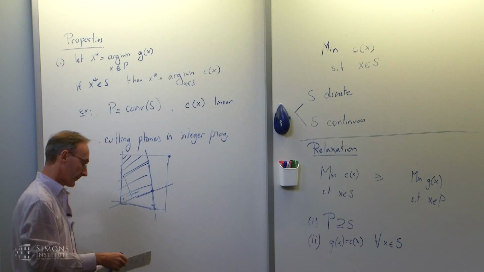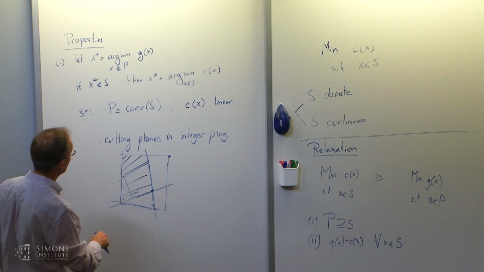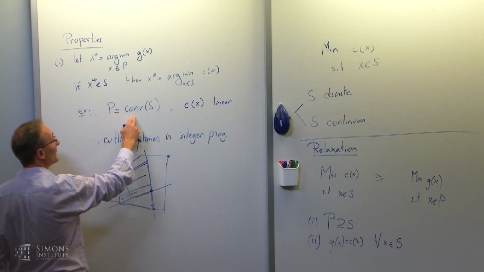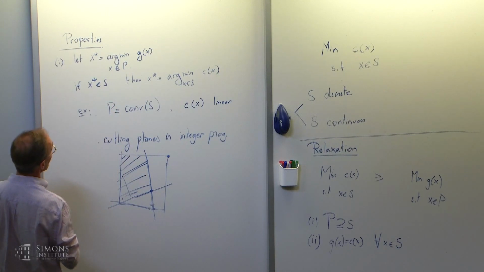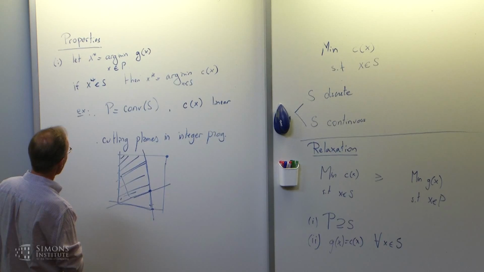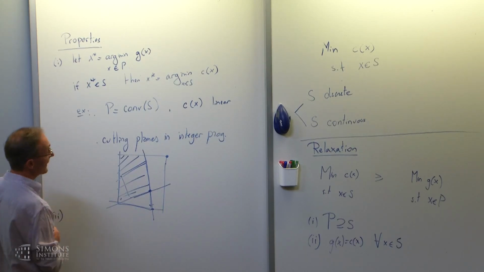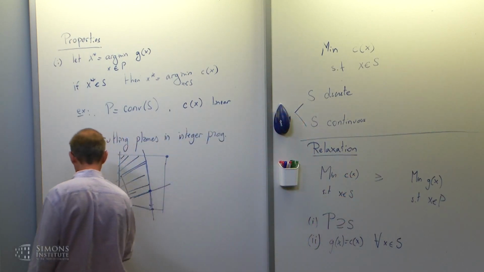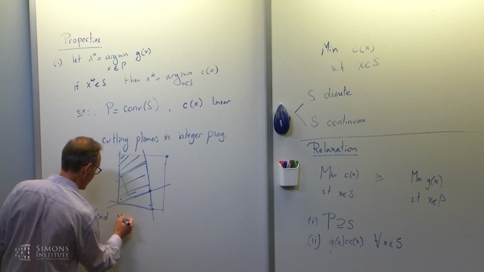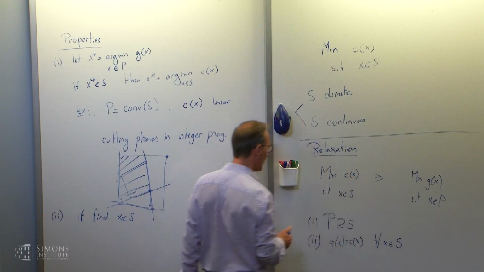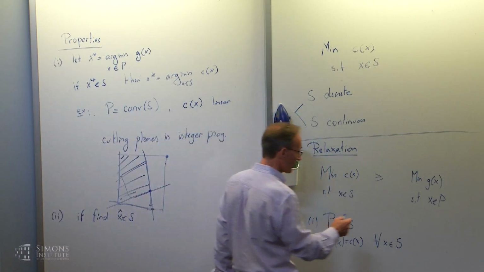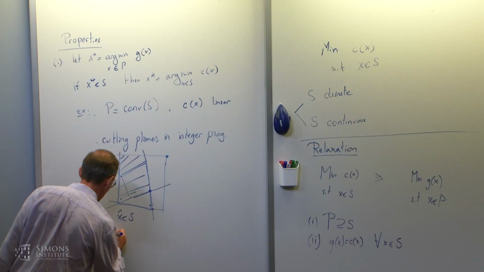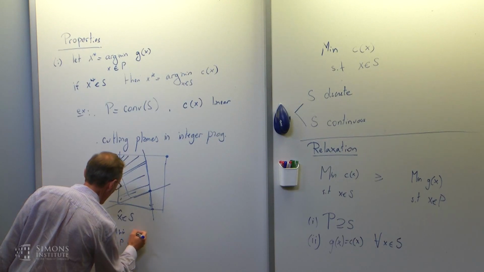Unfortunately, typically it's hard to do this. Typically, we would take P not to be the convex hull, but a P that contains the convex hull, though it may not be equal. But a nice property of a relaxation is that if we can somehow, by some heuristic method, find an element in S, let's call it x hat, and I also solve optimally this relaxed problem, so let's say x star is the argmin over P of g of x,